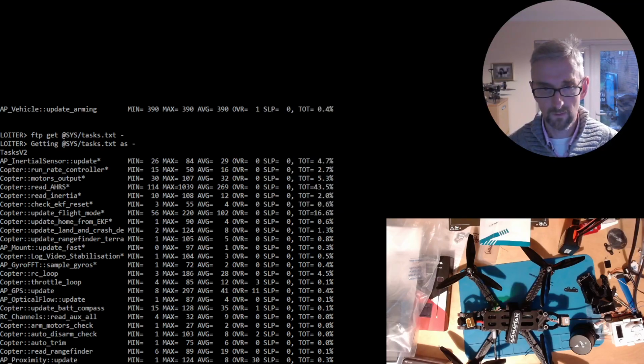So let's find RC loop. We can see RC loop here, and it says minimum 3, maximum 186. So it actually took a little bit longer than 130, but it didn't register an overrun, which is kind of interesting. I would expect to get some overruns if it was taking longer than the declared time, but that's an investigation